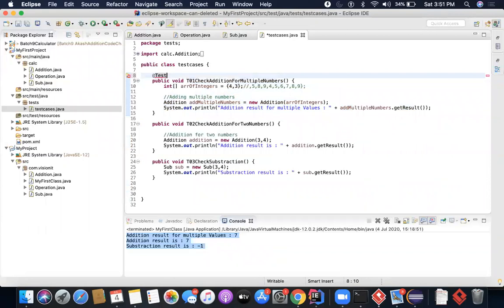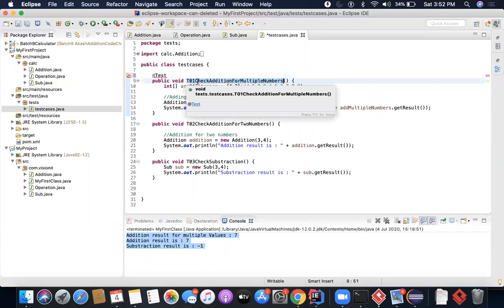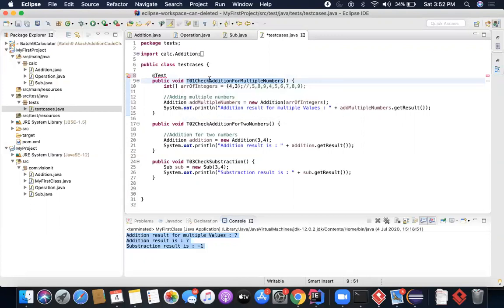Now, when you write something on top of a method and you start the name with @, you can call it an annotation. Annotations are nothing but a way to tag a test case. So you can also use it as a tagging mechanism. You want to tag a method. You want to tell the Java compiler and the JUnit library that this method is a test case. So you annotate it with an annotation called the test annotation, @Test.